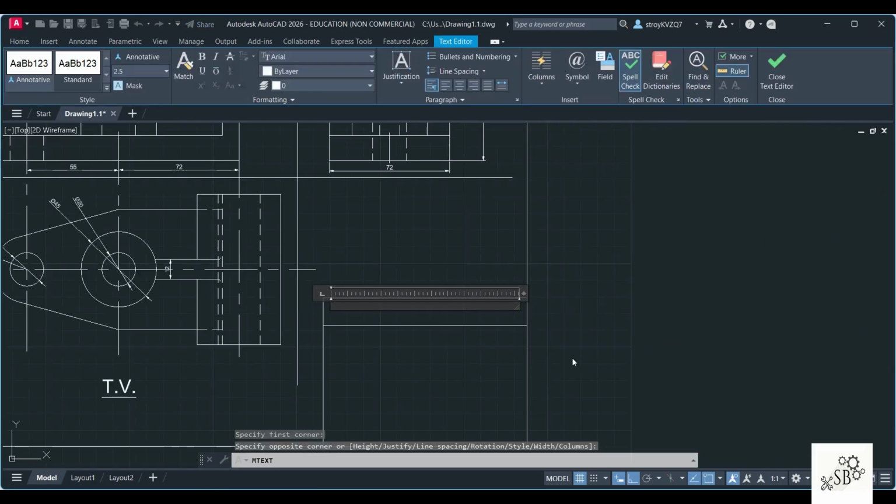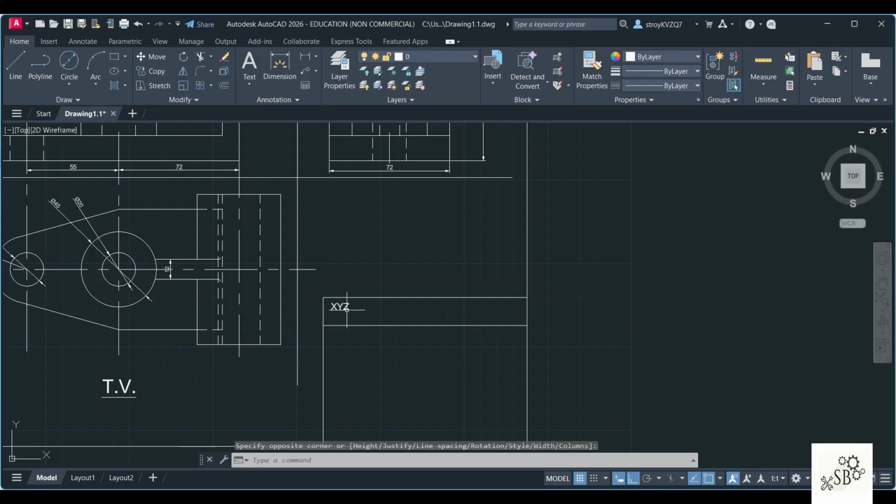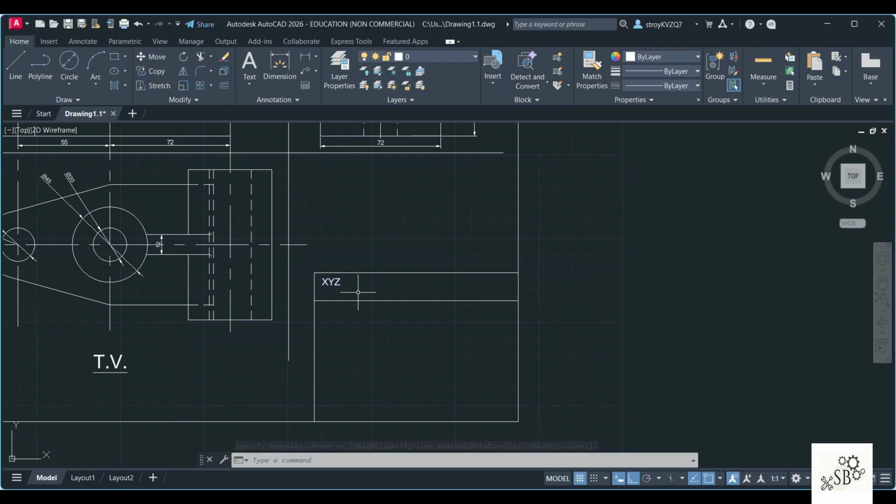So I'll just click here and say if the name of your college is XYZ, whatever is the name, Control A. I'll just change the size to say 4. You can just check the height and then I'll click outside. So you can give this entire name over here, whatever is the name of your institute.